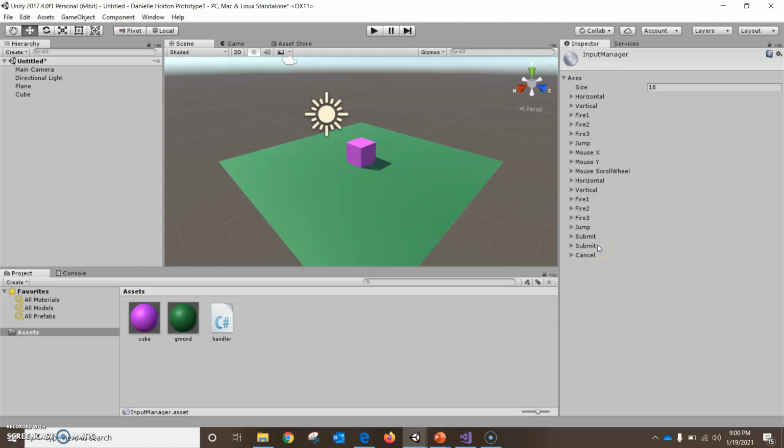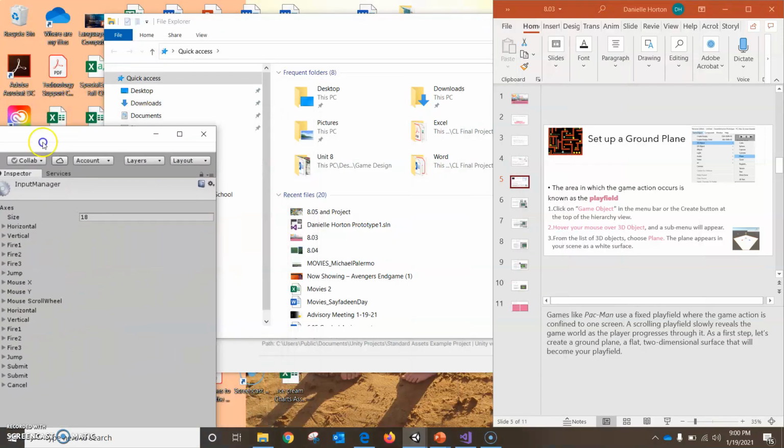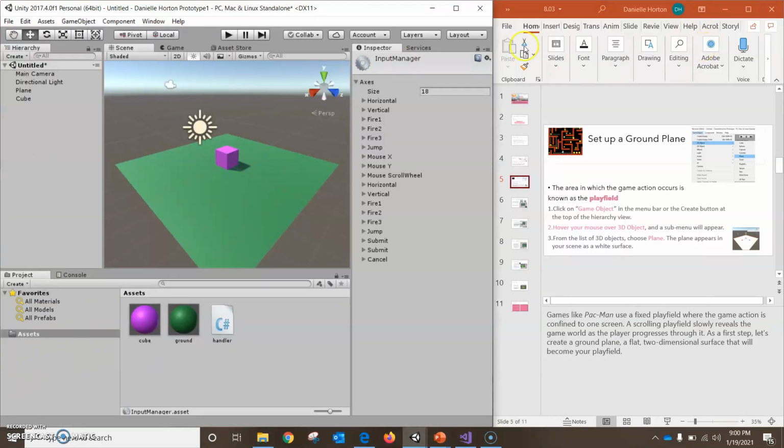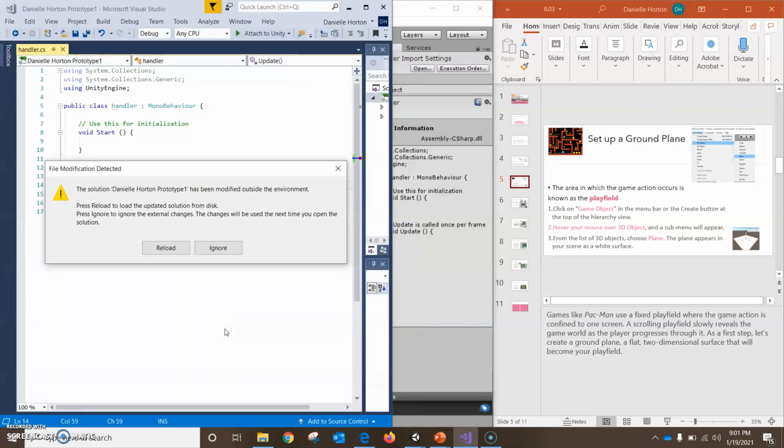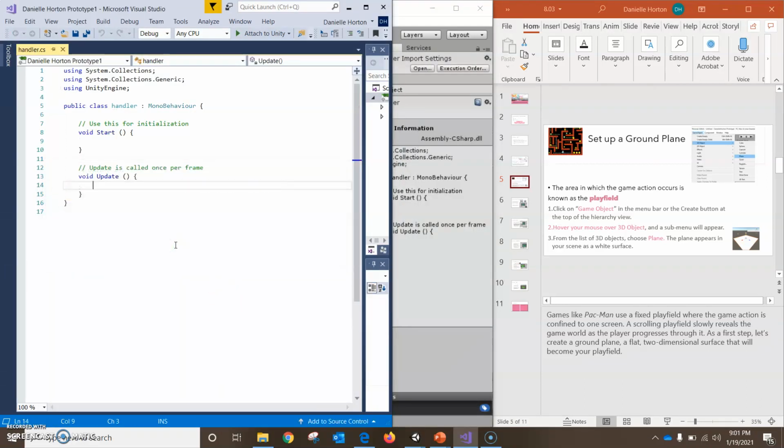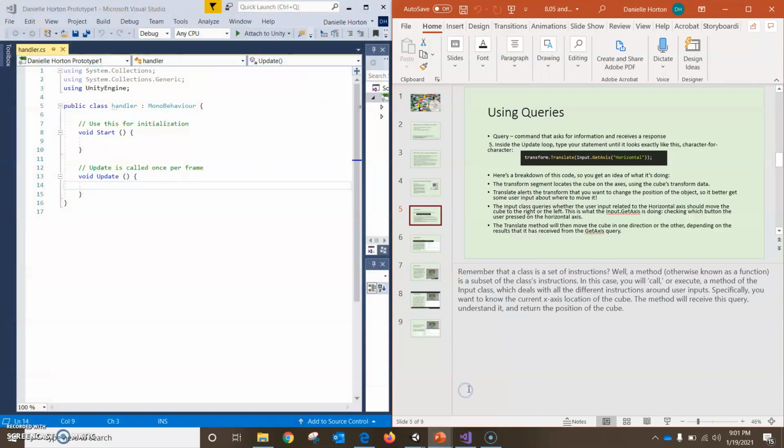From here, we're going to start adding a little bit of code. So the first thing we're going to do is activate Microsoft Visual Studio. So I'm going to just double click. Alright. And then in here, we're going to actually add our code. Alright. So I'm going to